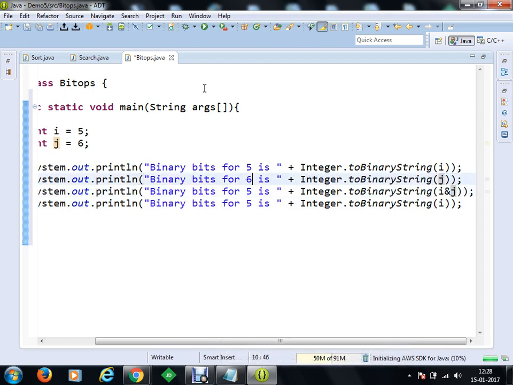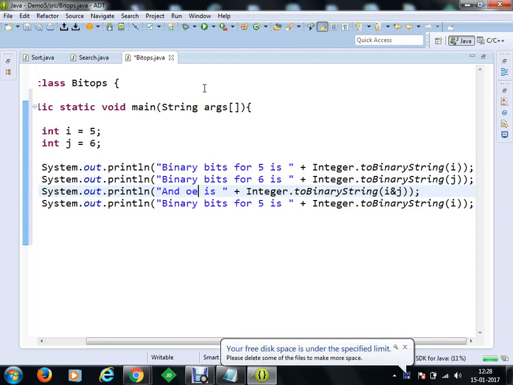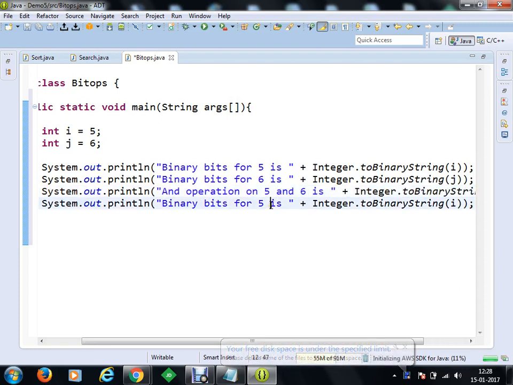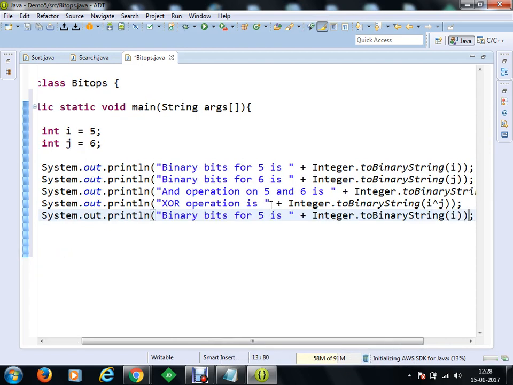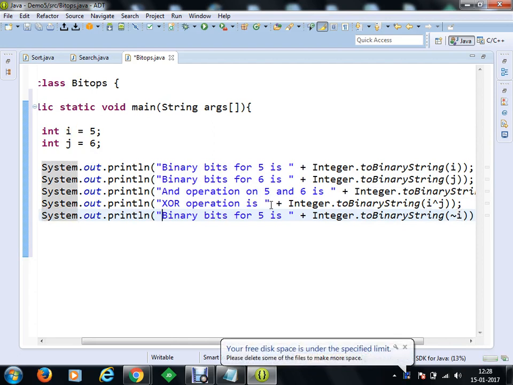So this binary bits message we'll just change. This is 6, this is AND operation on 5 and 6, and then after this AND operation, we'll perform, let's say, OR operation. This is not. Oh, sorry, XOR operation is this. Then we can do NOT operation.